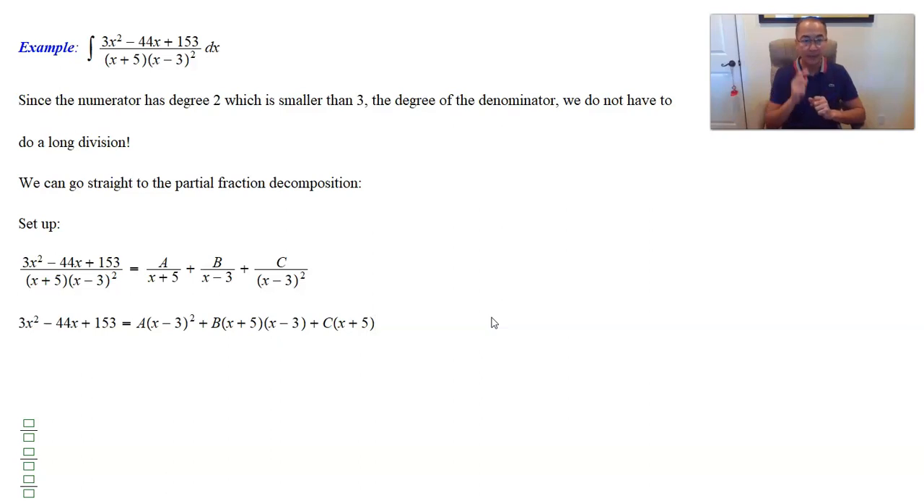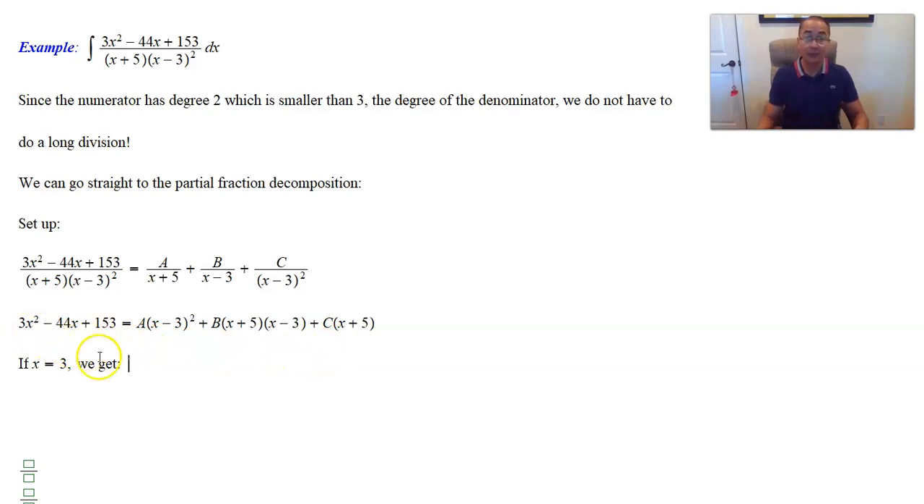Okay, excellent. So now, as before, we're trying to solve for a, b, and c. And what did we do? We plugged in some special numbers. We can do the same, except we only have two good numbers to plug in: 3 and negative 5, just like before. So let's try. If x equals 3, we get,